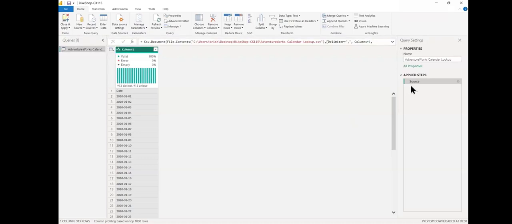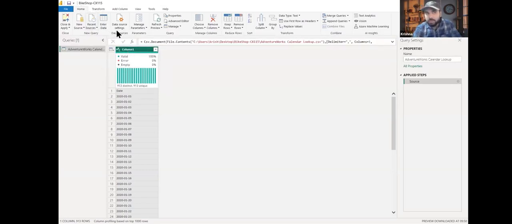Yes, sir. Cool. So this is where the source comes in. Second, when you have raw data, you always find the first row is your header. You have the first row as header and from the second row onwards you have data in it. So this is the header, and the other part is the values. We want this header to be promoted to the header of the column. So how to do this?